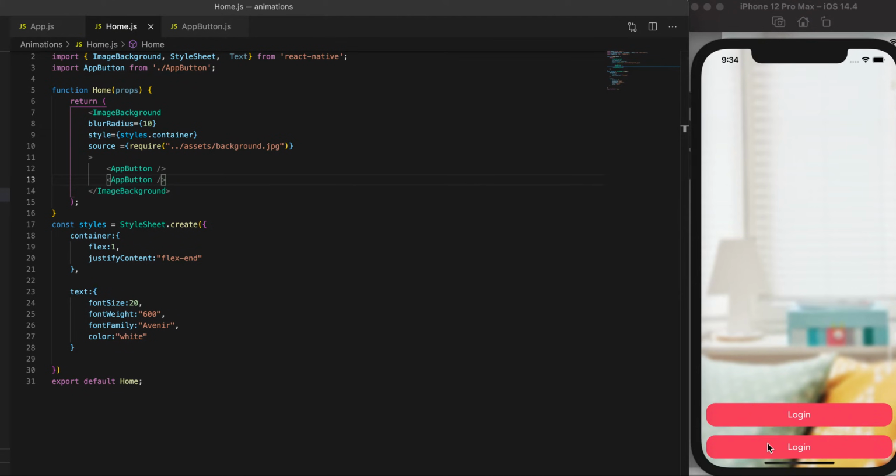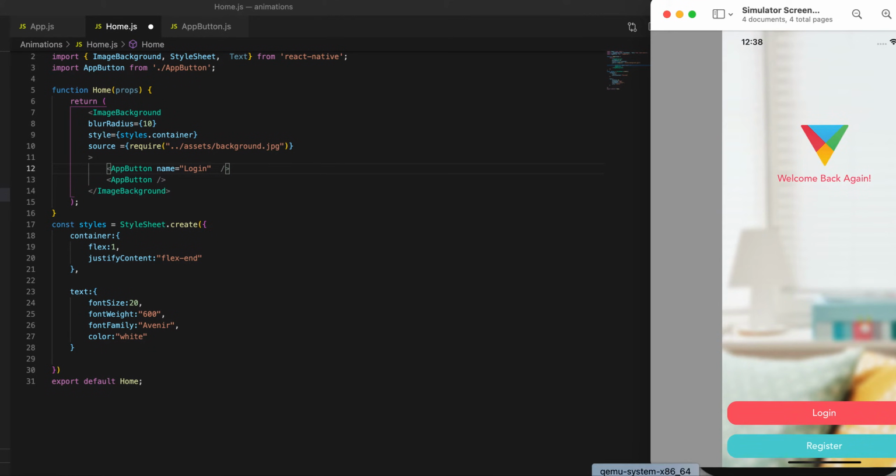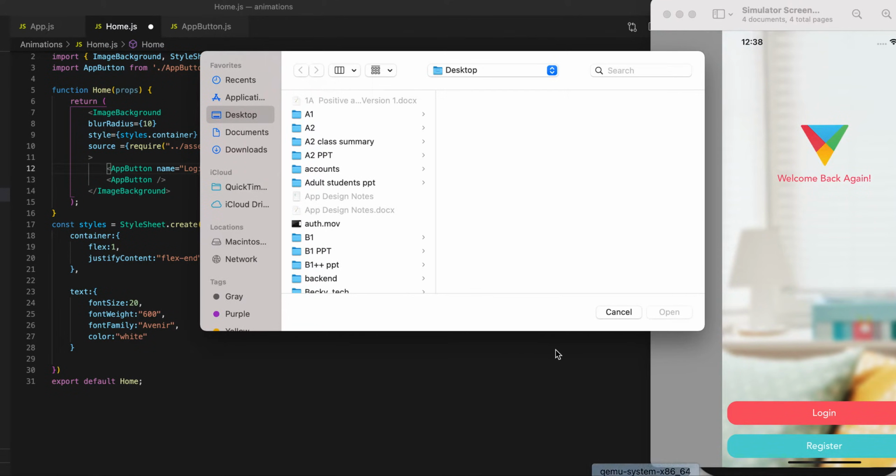But these two buttons, they have kind of the same name, which we don't need. We don't want the same name, right? So to do that, for every button we want to change the name dynamically, and we can do it by passing props from the component itself. So let's give it a prop. So we'll call it name, login, and we want them to have different background color, as you can see from the picture. So I'm sorry,